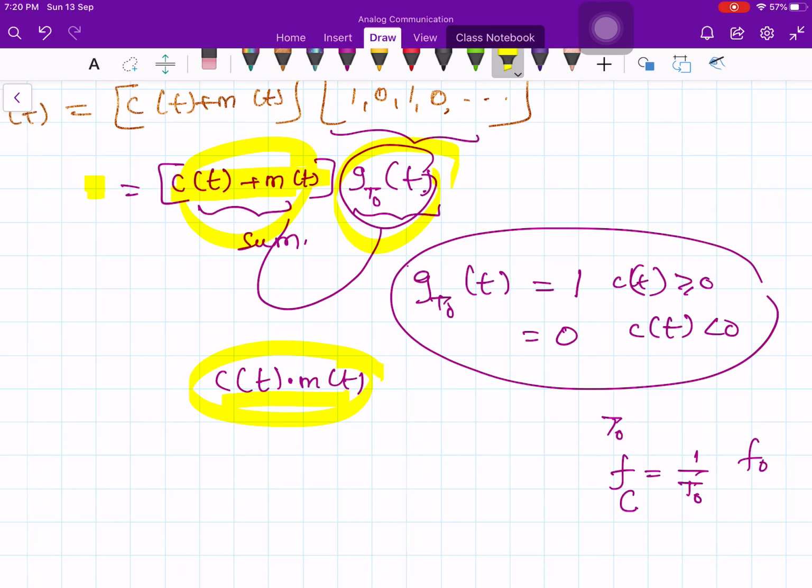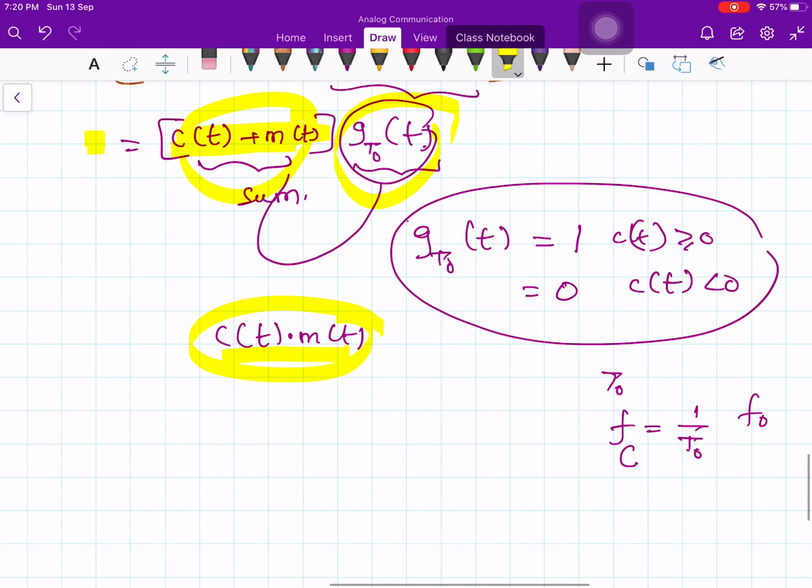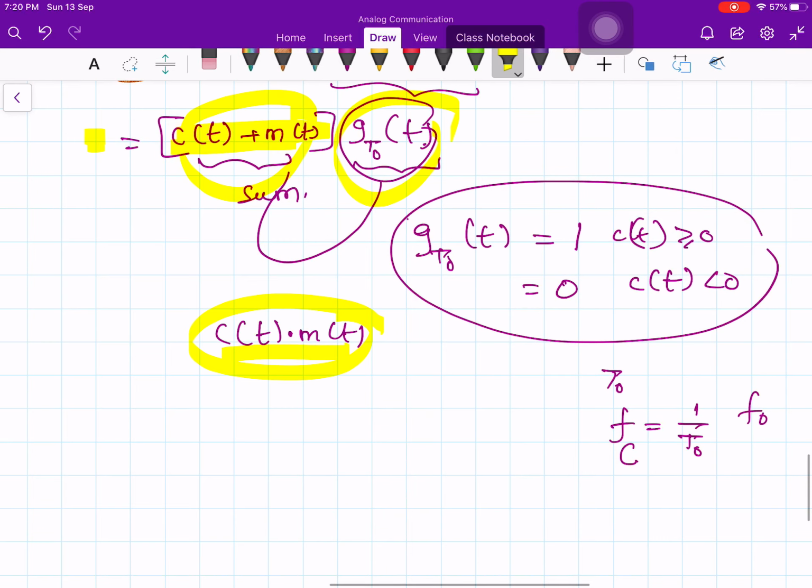If you have a periodic square wave, it is going to be written in terms of sinusoidal signals. So without going through the details, instead of deriving the Fourier series, let me write down the final answer. Recall this Fourier series from your signals and systems course. A periodic square wave can be represented in terms of an exponential Fourier series. It contains only odd harmonics because it is an odd function.